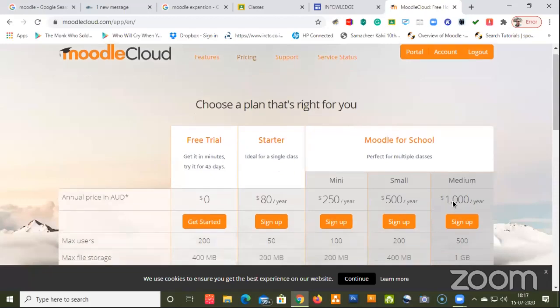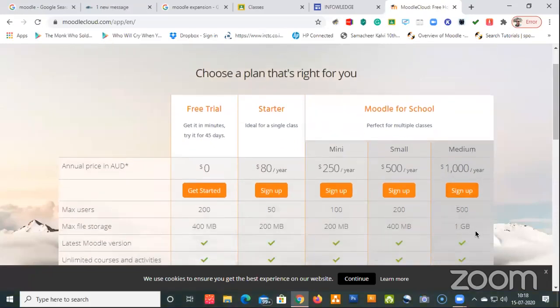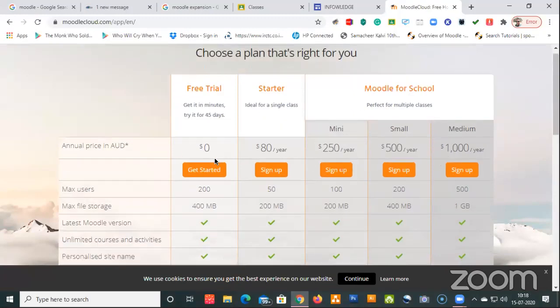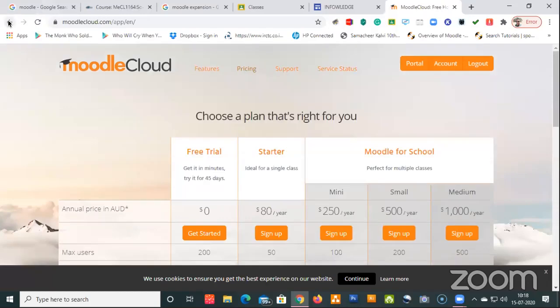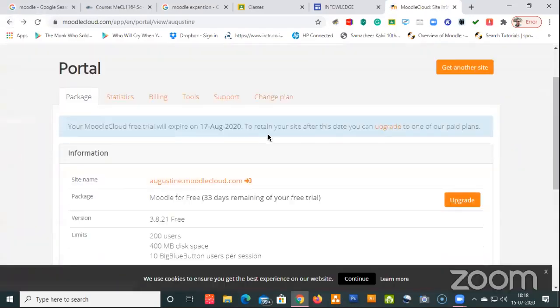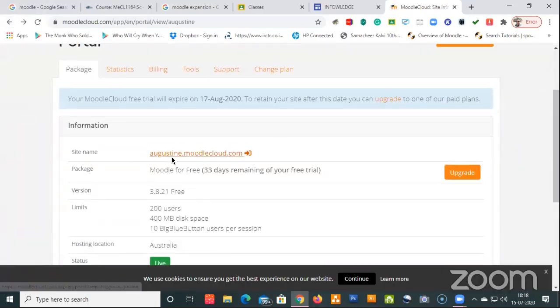And you can always increase the storage capacity by contacting the Moodle center, and they will increase this capacity for a premium. So initially you get Moodle for 45 days. You can try with your students, and you can really have a wonderful learning experience. Now let me go to my site. So this is my site,